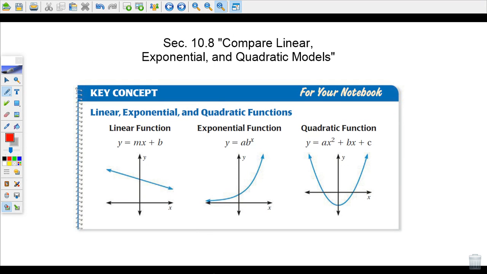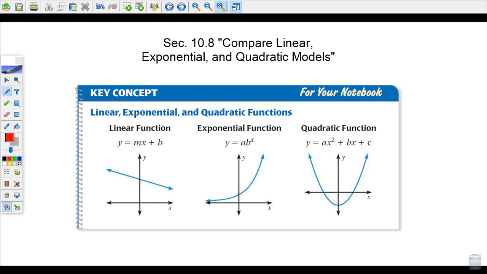Hi there, algebra students. In this video, we're really going to talk about comparing linear, exponential, and quadratic models. Chapter 10 has been all about quadratics, but we saw exponential functions in Chapter 8, and earlier on in Algebra A, you saw linear functions. So Section 10.8 is comparing those three different functions